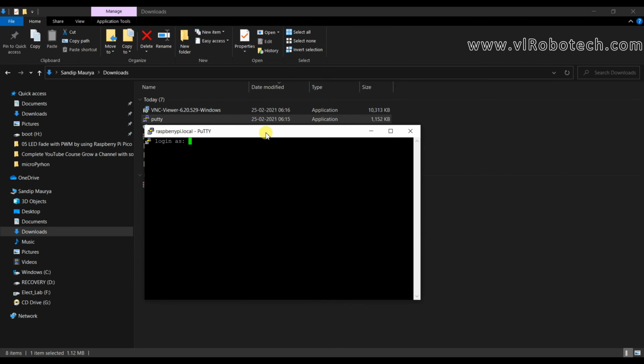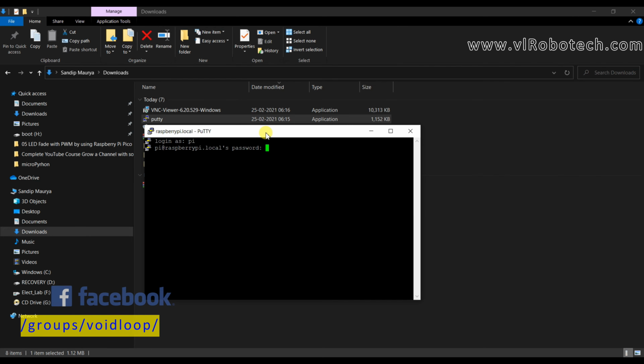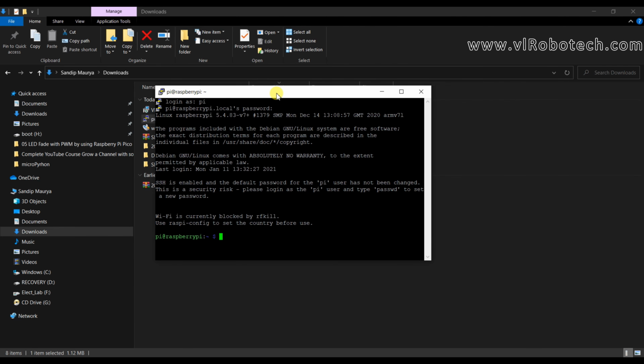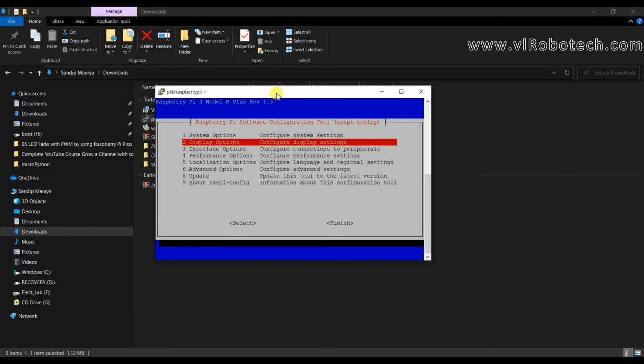Here it is asking login as, so first type pi, this is username, and again we have to type password. So by default password is raspberry only, RASPBERRY, enter. Okay, terminal command is working. Now first of all we have to change interface configuration, so we have to type sudo raspi-config. Okay, now go to interface option,